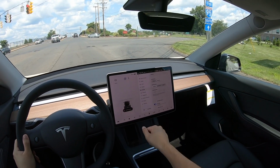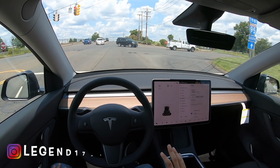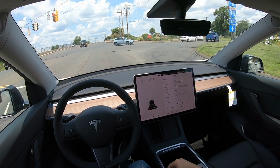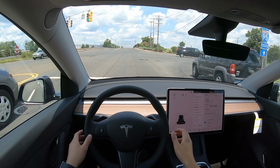I'm gonna go ahead and turn off traction control, and I'm just gonna go ahead and smash the pedal. It is on standard mode. As I said, there's two modes. There's chill and there's standard, and there's 3 different steering modes. We're gonna go ahead and